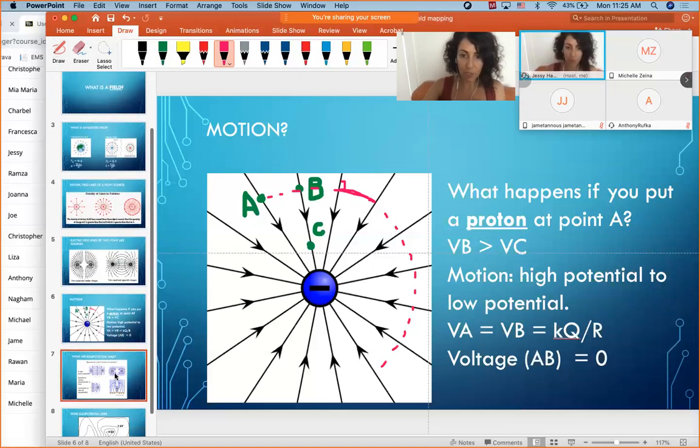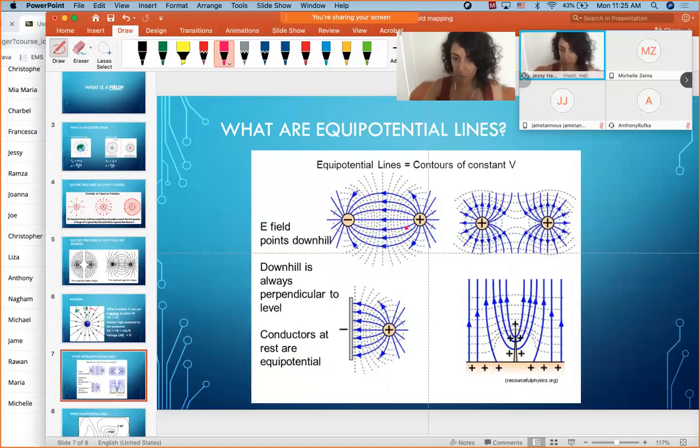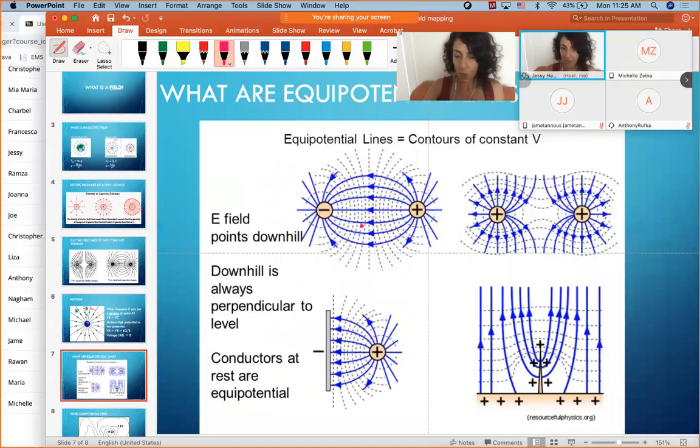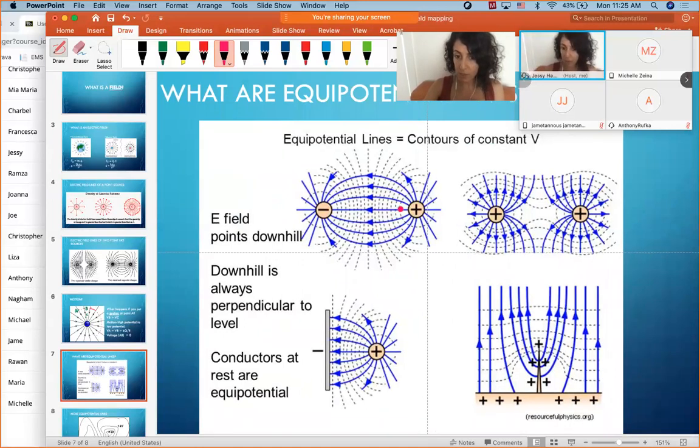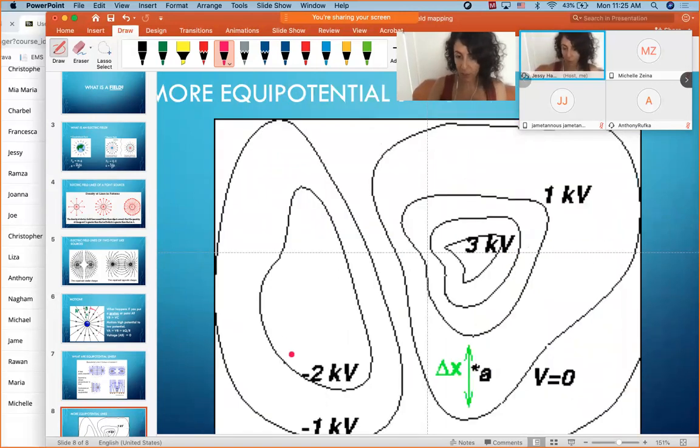Now let me show you some weird shapes. I mean different cases where you have point-like sources or not. In this case, you have a flat surface. You have the electric field lines in blue, the equipotential lines in black, and you see the different shapes, and you see they're always perpendicular. You can see curvature on the black lines, and some density of lines on the blue lines. So these are different.